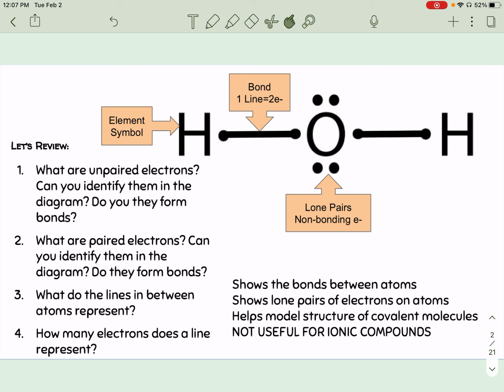There is a lot going on this slide because normally we do this as a group thing in class, but let's talk about the components of the model. You don't have to write all this down, but the main things: what are the unpaired electrons? Can you identify them in the diagram? Do they form bonds? Let me go over these. If we were to draw these as Lewis symbols, you would see your hydrogen with